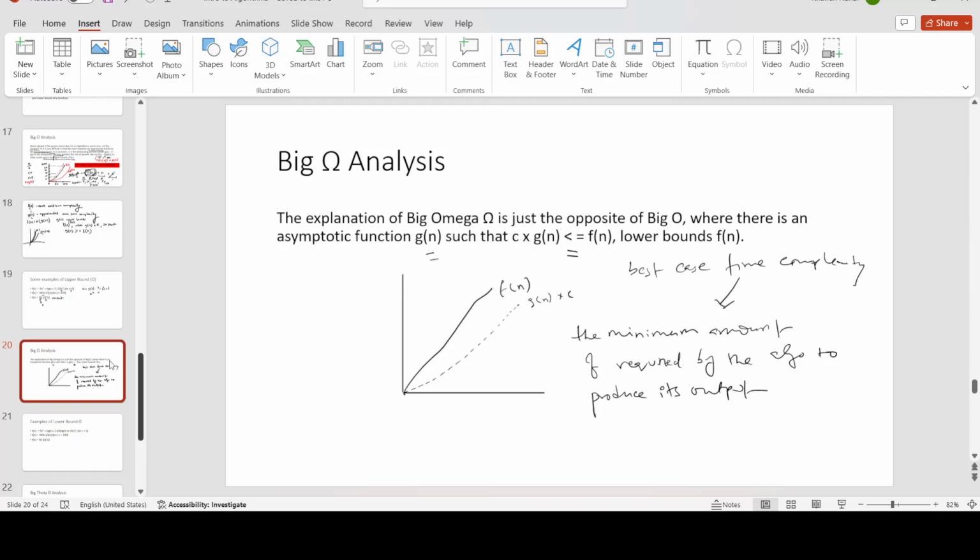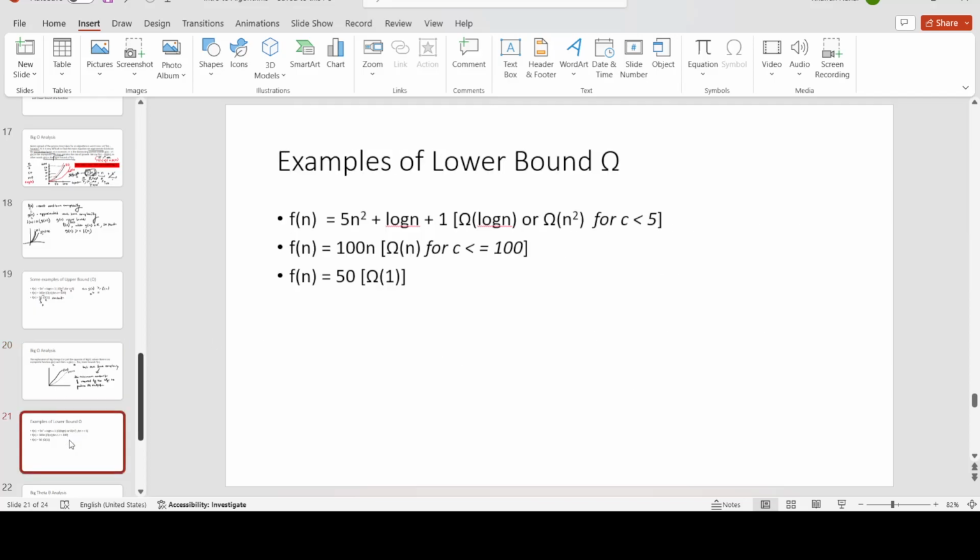Now let us look at a few examples of lower bound. So if fn is 5n squared plus log n plus 1, the lower bound of fn will be log n, or n squared for c less than 5, because we have seen in the previous slide that for c greater equals to 5, it's big O of n squared, right? As long as c is less than 5, this n squared lower bounds this equation,